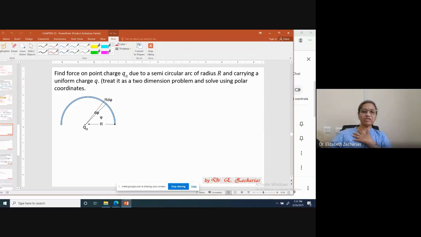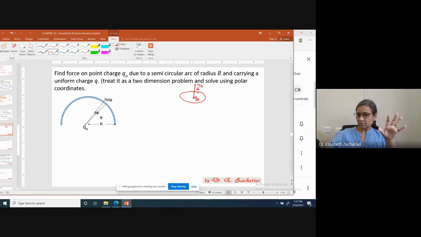Okay. So what is given here is, in the last class we had a circle, and along the axis at a distance z we placed a charge q naught and got the expression for the force. Today what we are doing is taking this q naught and putting it at the center, and then removing one half of the circle and seeing what is the force that Q naught experiences. Are you following it?